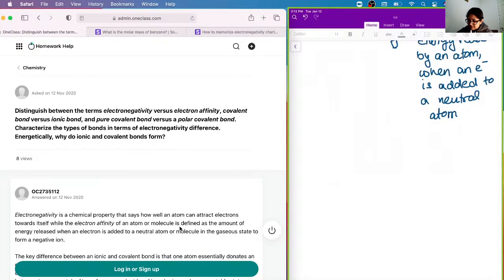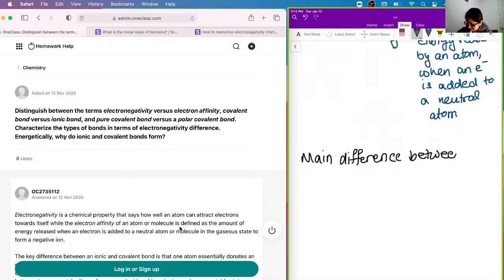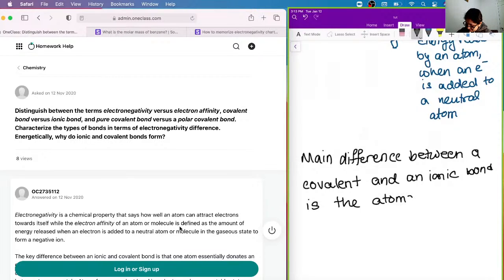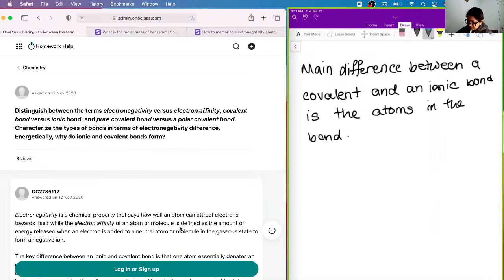And so the main difference between a covalent and an ionic bond is the atoms in the bond. Okay, and what I mean by this is,